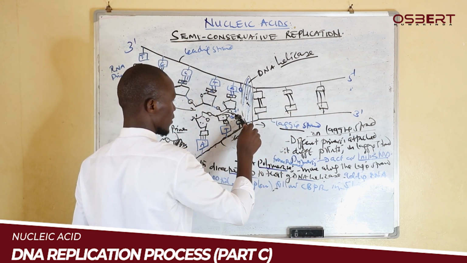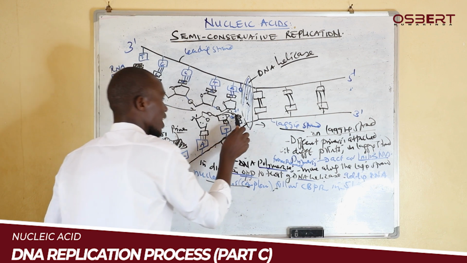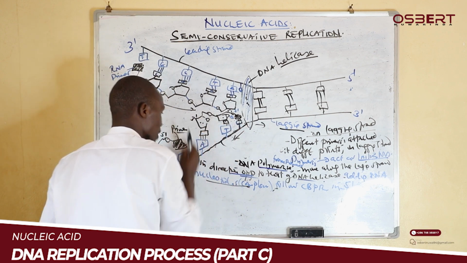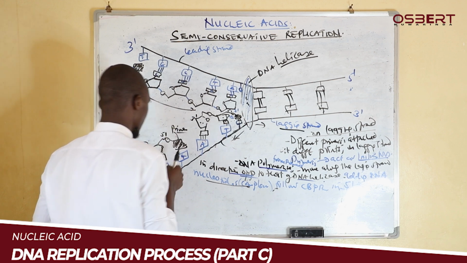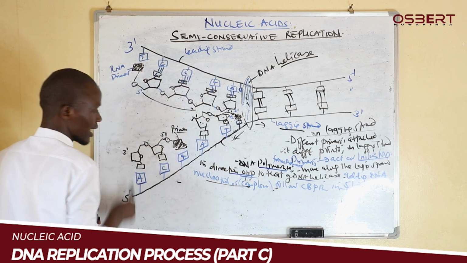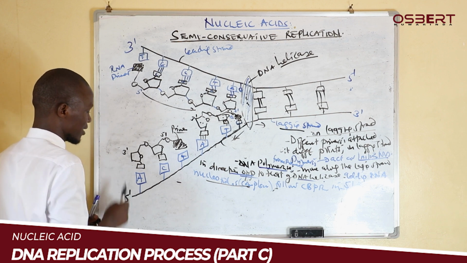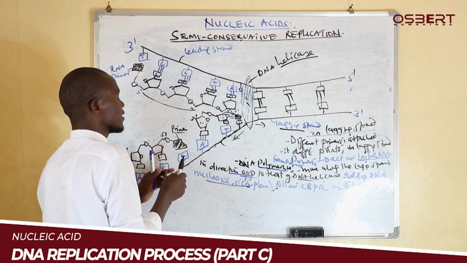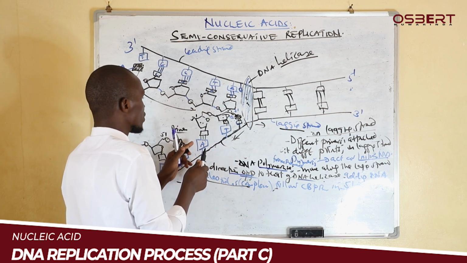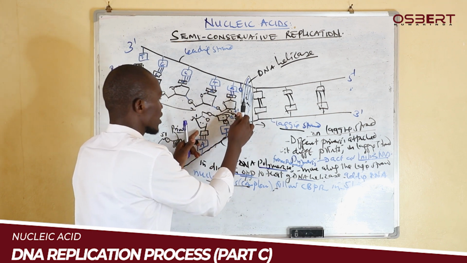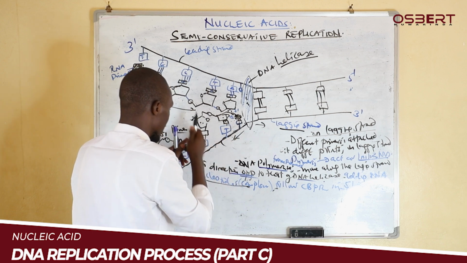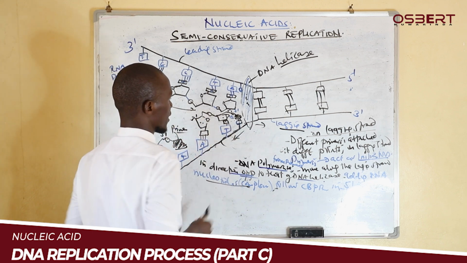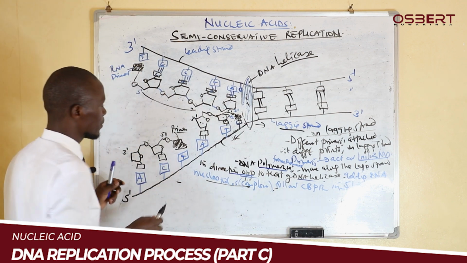When it comes and reaches a primer, it stops there. So we shall have part of a DNA molecule here, and then a gap because there is a primer. Then you also have another one, ending at the starting point. Because of these primers, we shall have chunks, segments. We have this DNA formed here, then a gap here, then another DNA here, another gap, like that. So because of that, what happens is